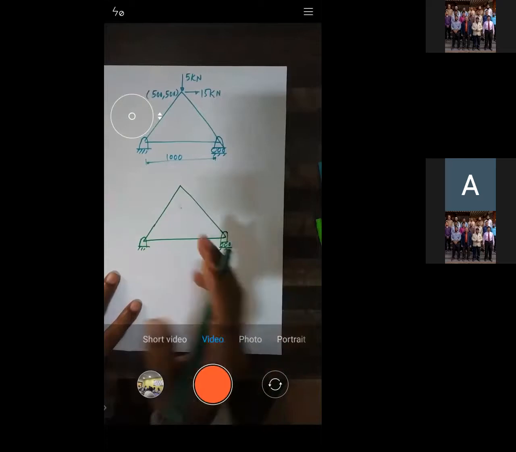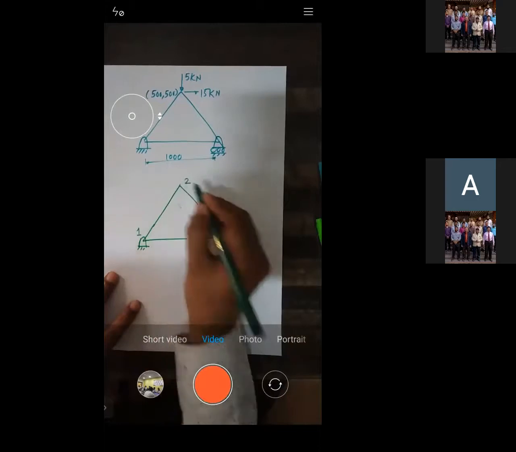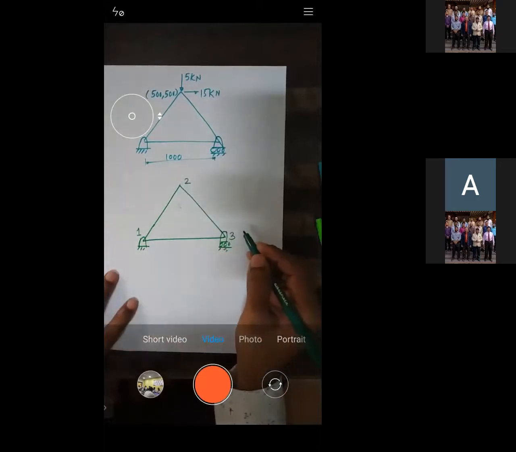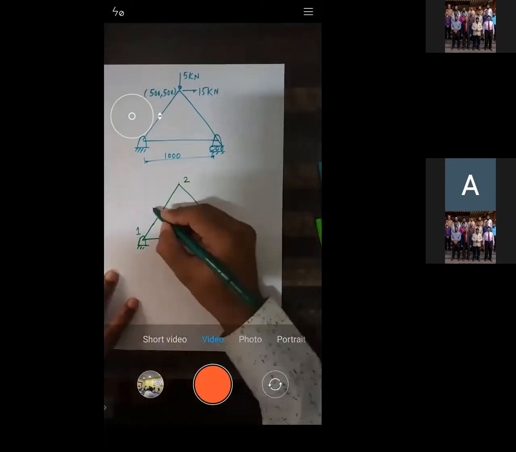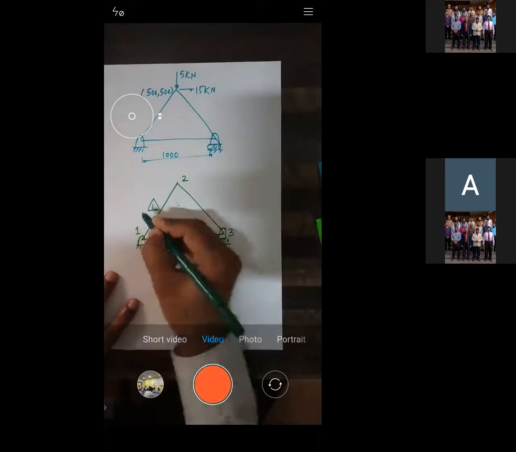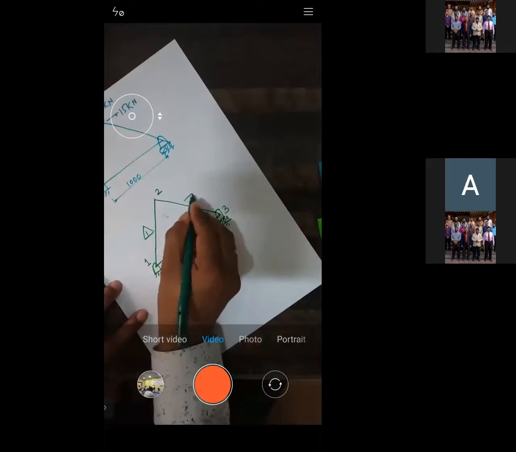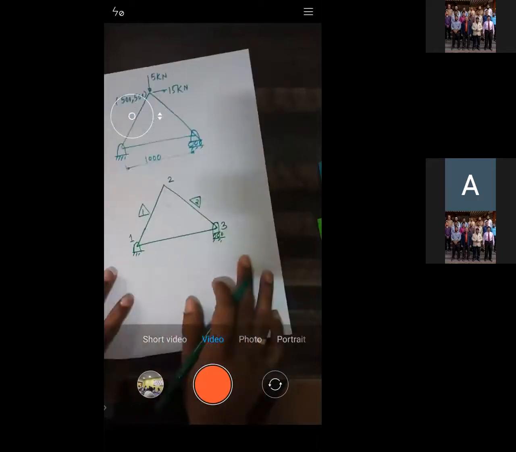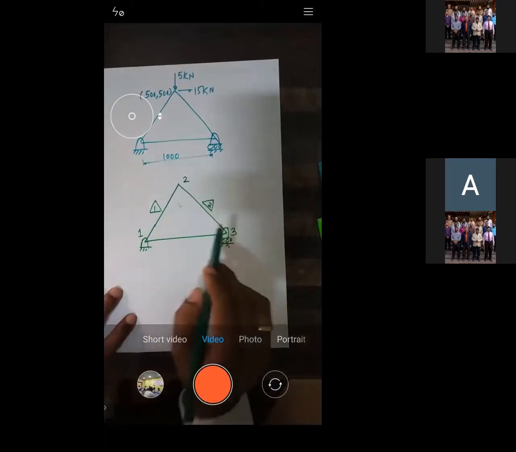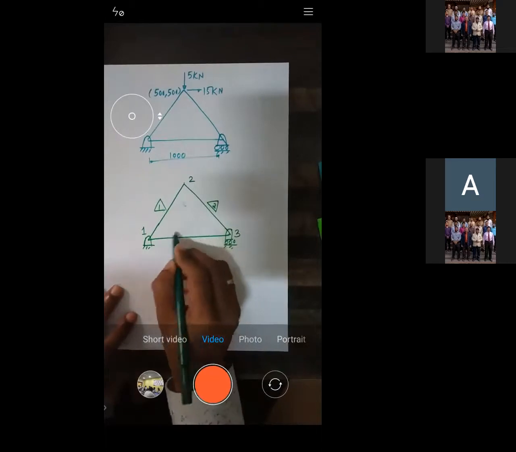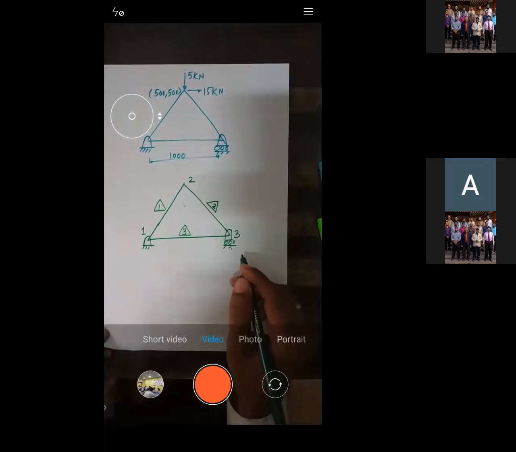What we'll do, we will start moving from left towards right. So this becomes node 1, this becomes node 2, and this becomes node 3. Now let us start. Let's take element number 1 between 1 and 2, element number 2 between 2 and 3. If you take it in this manner, then continuity will be maintained. So we will have element number 3 between 1 and 3. Is that okay? Let me know.